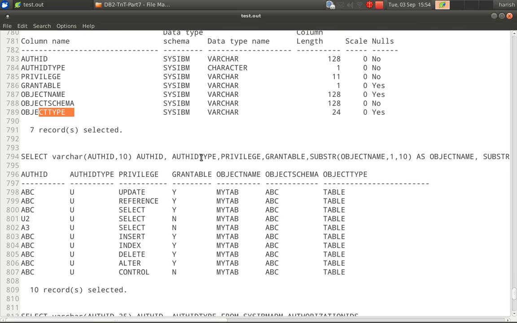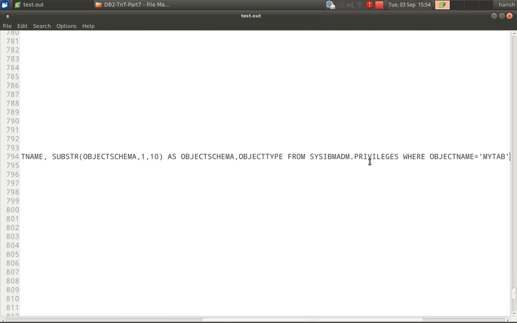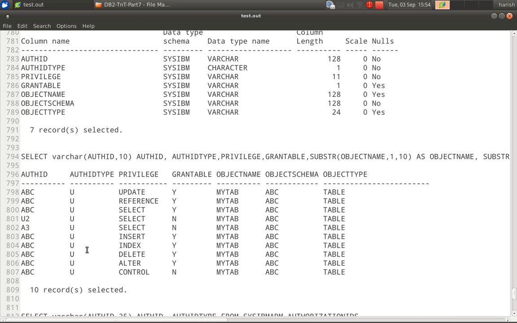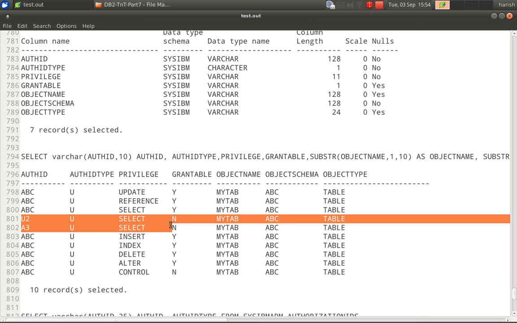So if you look at for this, I am querying the privileges table for my tab, the table that we created. So you will see here the user U2 and A3 are having select privileges on that particular table, my tab, which is on the schema ABC, and they cannot grant this select privilege to any other user. And ABC user will hold all other privileges and he can grant them as well, except for the control privilege. Okay,